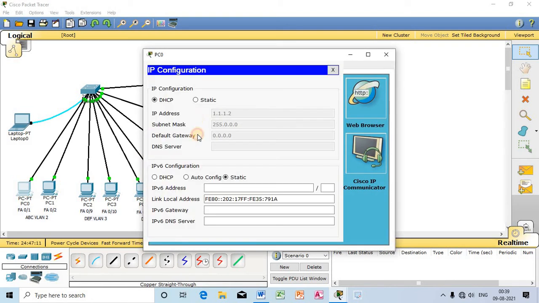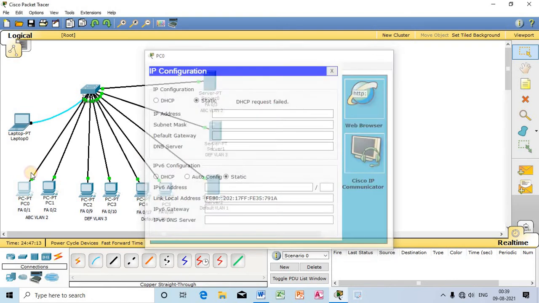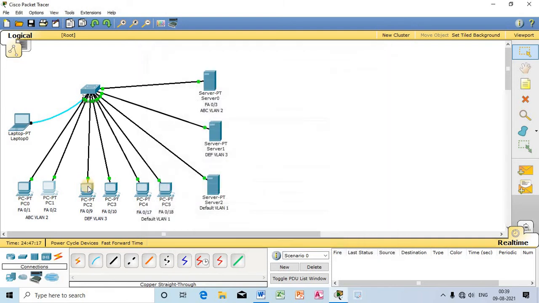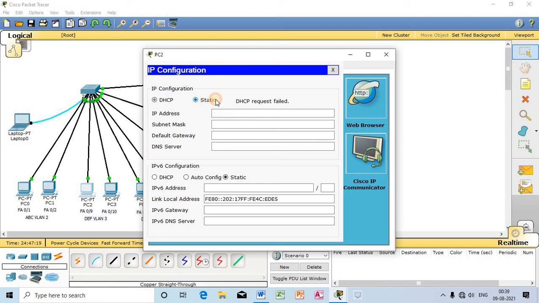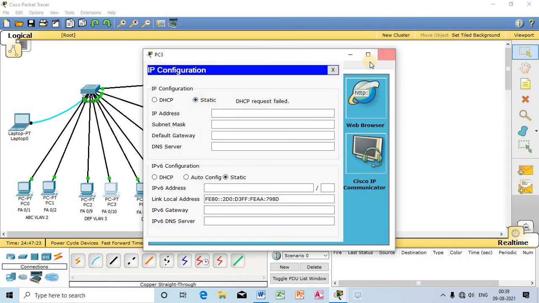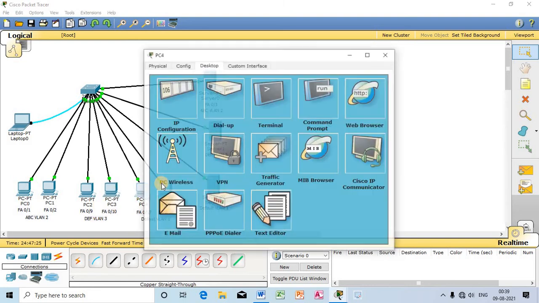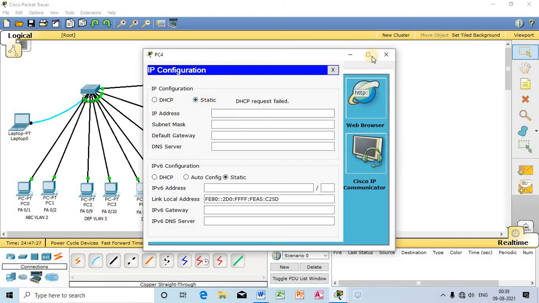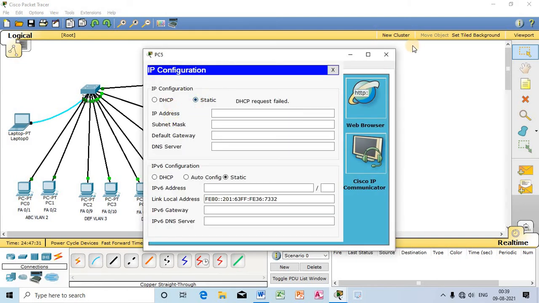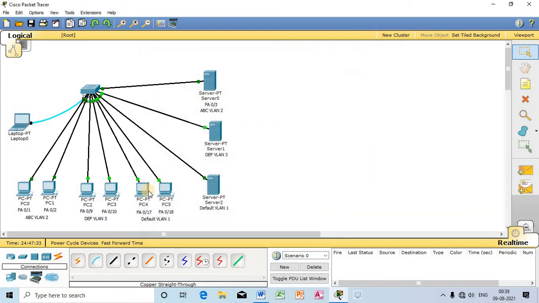Now one thing I will do, I will first delete all the IP addresses, and after that again I will request IP addresses. So let us start. First we know that this is VLAN 2.